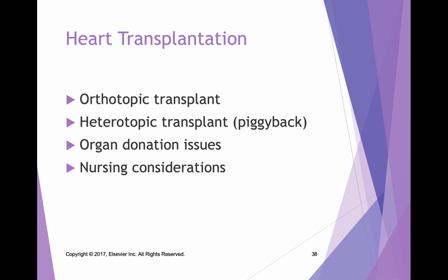Heterotopic heart transplant refers to leaving the recipient's own heart in place and implanting a new heart to act as an additional pump, or piggyback heart. This type of transplant is rarely done in children. Parents and older adolescents need extensive education about the risks and the benefits of transplantation so that they can make an informed decision. Patients are listed on a national computer network organized by the United Network of Organ Sharing to